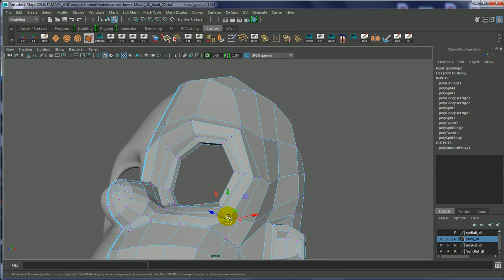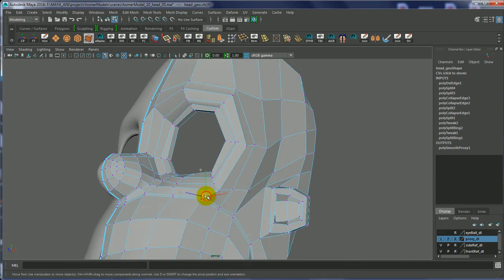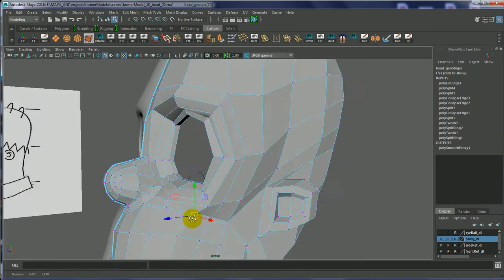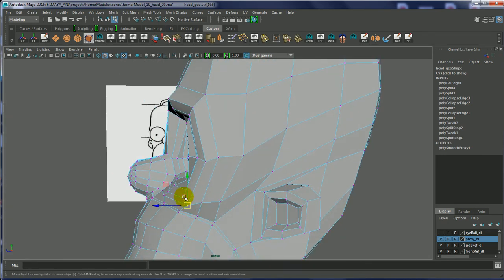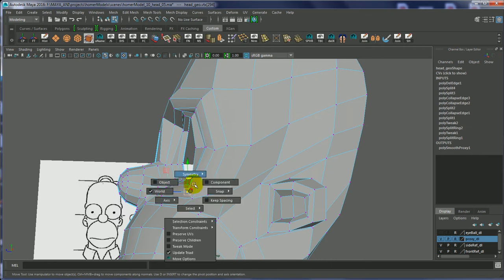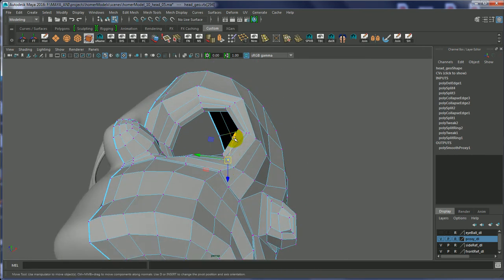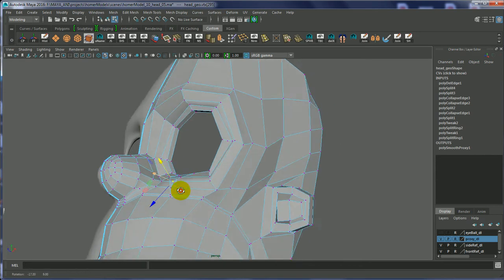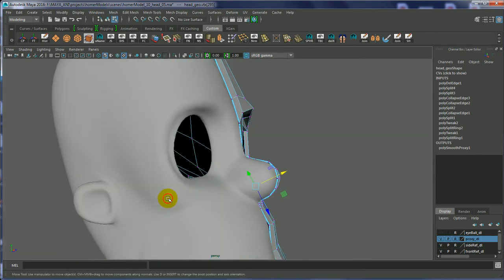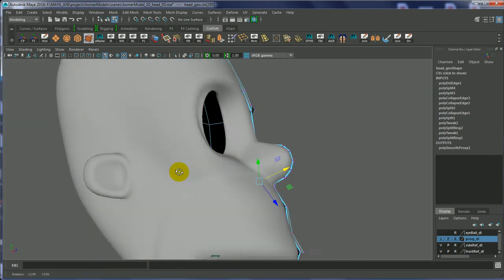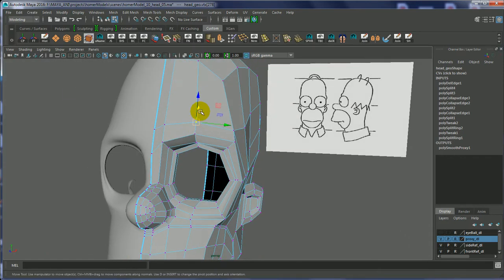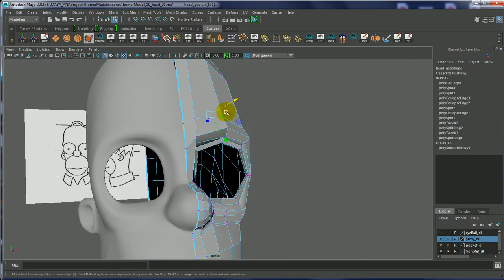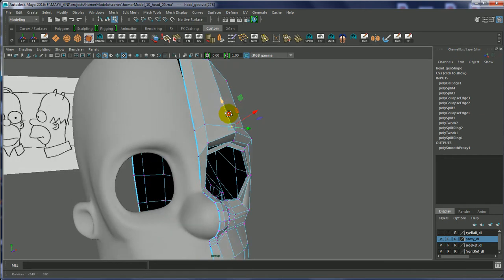No, I don't. Do I not have my slide on? I thought I had the slide on. I guess I don't. I was wondering why they were moving so weirdly. And then I'm going to switch into component, and kind of pull them in the direction they're already going. And you know, we can look at the structure we're building on this side here. So we're kind of getting there. If I push these sort of down and in,